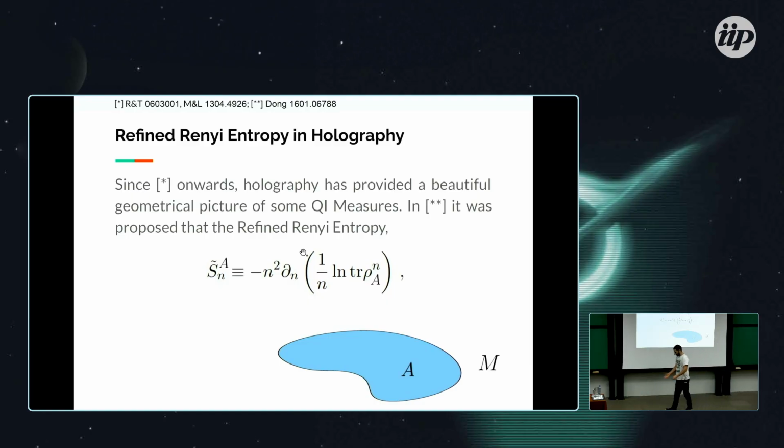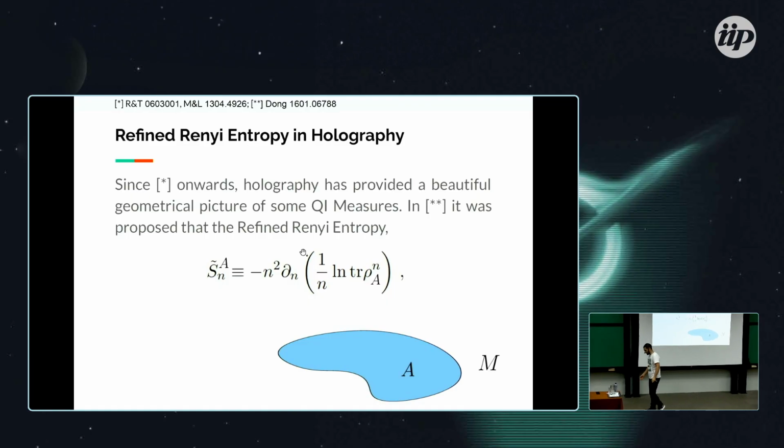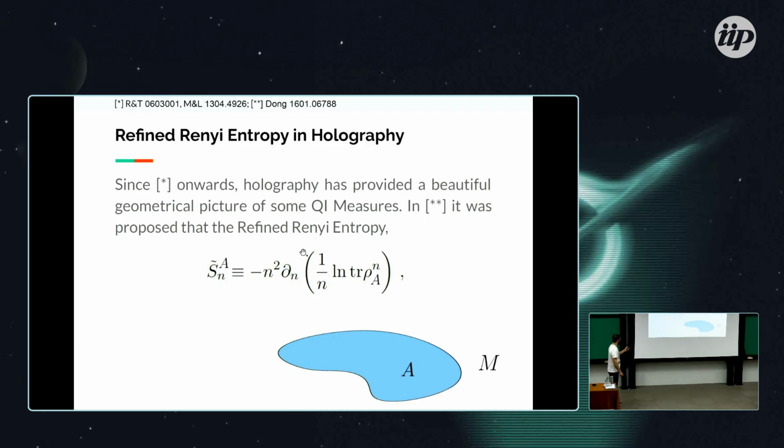At least by my count, I think it's fair to say that from the seminal works by Ryu-Takayanagi and Maldacena-Lewkowycz and many people that are sitting here, holography has provided a beautiful geometrical picture for some quantum information measures, and in particular for the problem that we are looking at today. In this work by Dong in 2016, it was proposed that the refined Rényi entropies, which I thank Alice for introducing many of the quantities I'm using today,